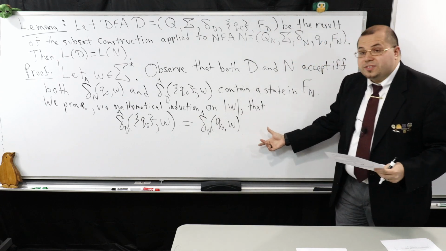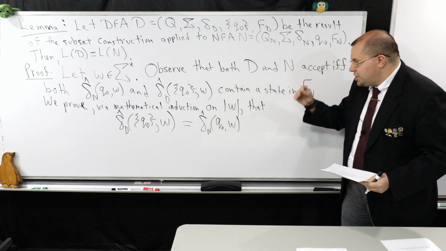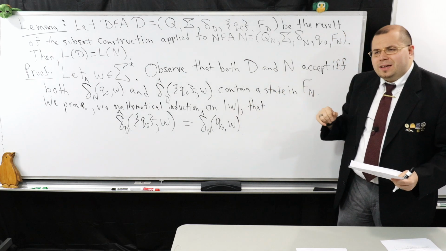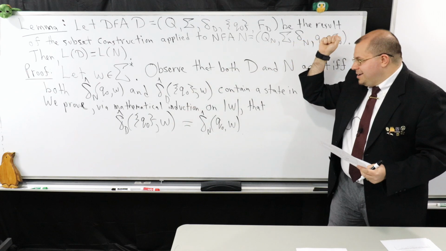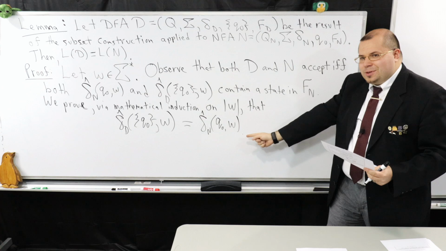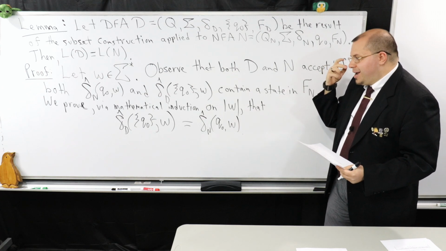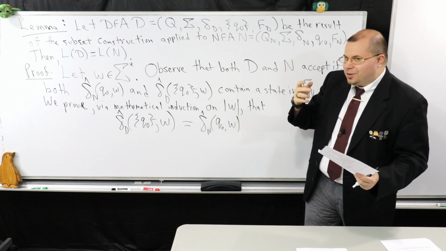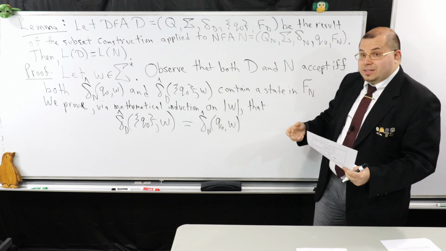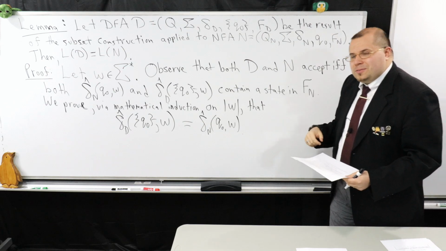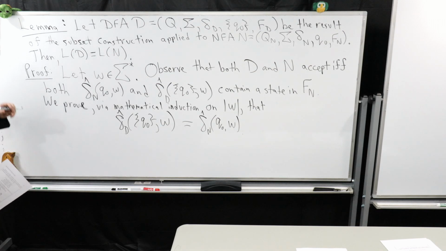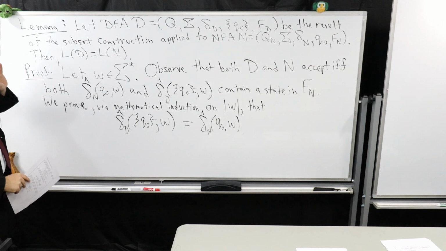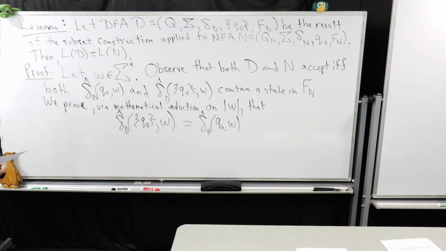So we're going to prove this using mathematical induction. We're going to perform induction on the length of the string W. So I understand the game plan: I'm just going to show that whatever's over here is going to be also over here. But keep in mind that in one case we're going to be talking about labels that correspond to sets of states, and the other one is literally a set of states. So we're going to interpret them in that way. Otherwise, if you don't get that, it gets a little confusing at one part in this proof. Okay. So if that's the case, let me proceed.